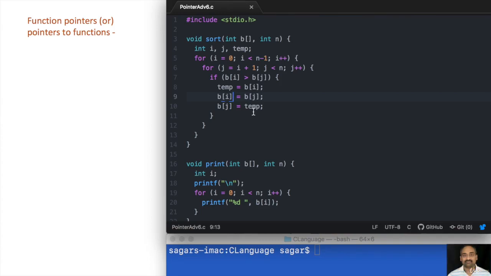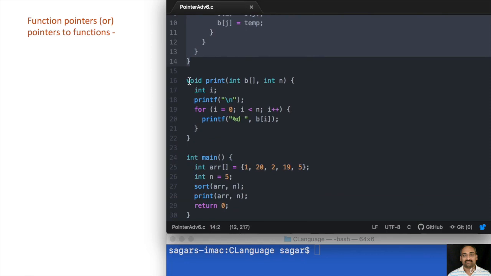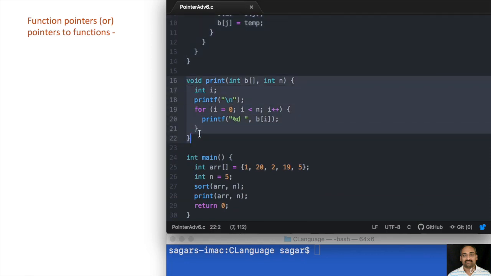Now let us see the real power of function pointers. Function pointers are really advantageous, and that gives you an extra power to decentralize or decouple the dependent code. Now here this code is inherited from our previous examples, that is the sort logic, which is used for sorting the elements, and the print, which prints the given values of the array.